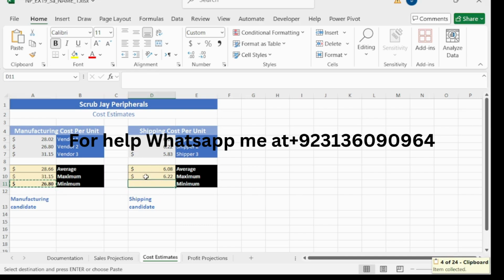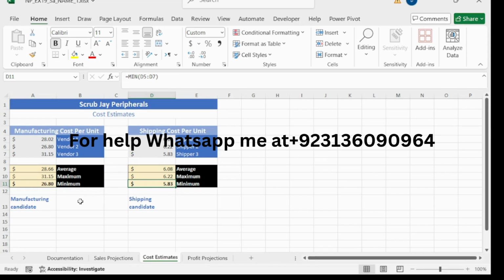This is cell D11 and paste it, control V. So copy this and paste it into D11 like this. So we have completed our 7th step here and our step number 8 is in cell B13.